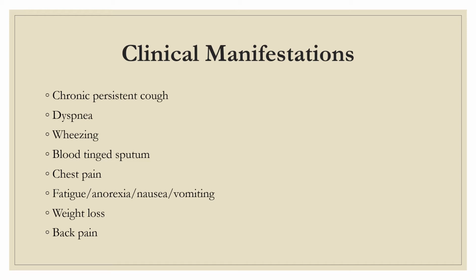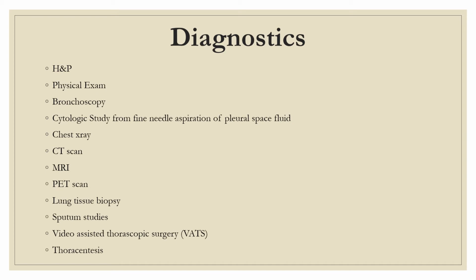So how do we diagnose lung cancer? Again, H&P, physical exam, those are really important. Back to the basics. An accurate assessment is crucial to the staging of cancer and also diagnosing the type, either non-small cell or small cell. A bronchoscopy can be done. Usually they'll take a biopsy when they go in and do a bronchoscopy.